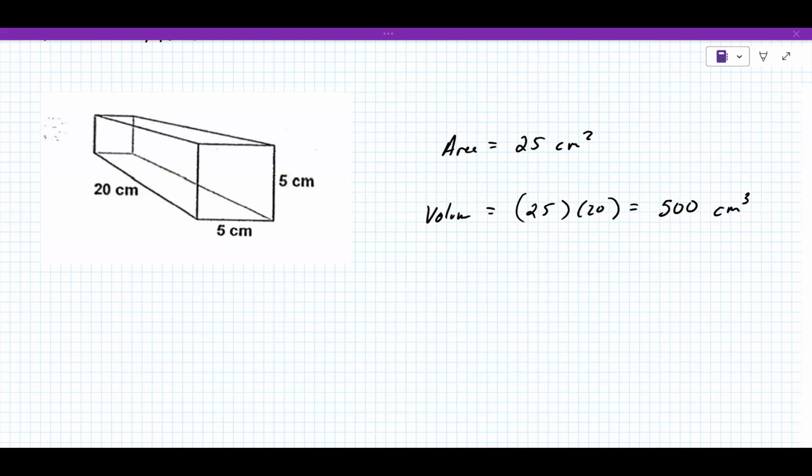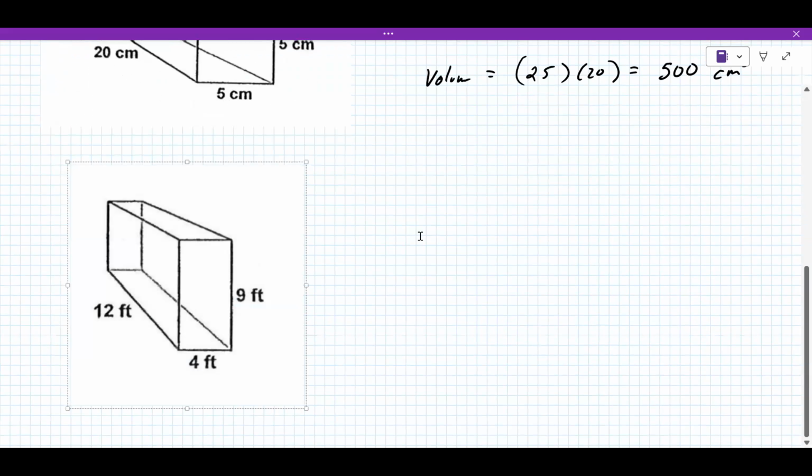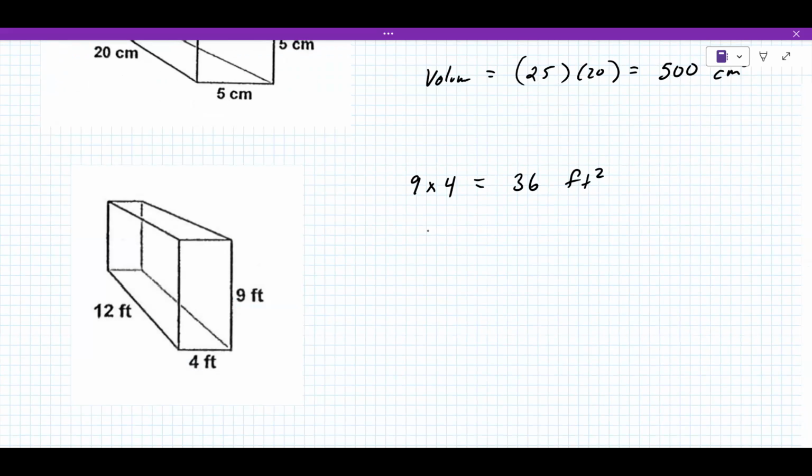Okay. Let's take a look at the next one here. All right. So here we have 9 times 4, and that's 30, sorry, 36. 9 times 4, yeah, it's 36. Okay, so area is 36 feet squared, and volume is